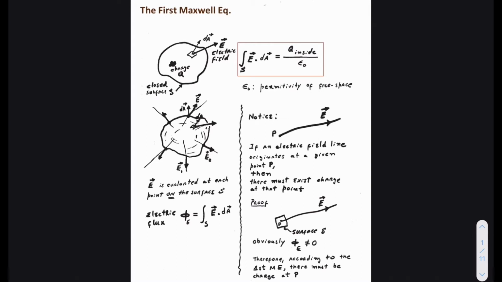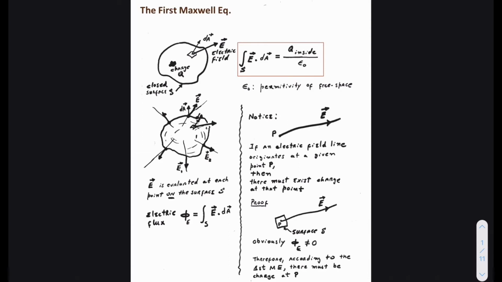Now we are ready to understand Maxwell's equations. So let's start with the first Maxwell's equation, which is also known as Gauss's law. When written in the integral form, the first Maxwell's equation looks like this,